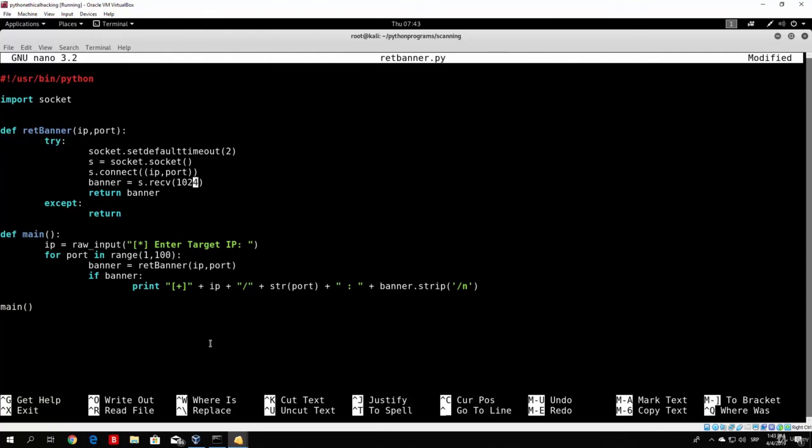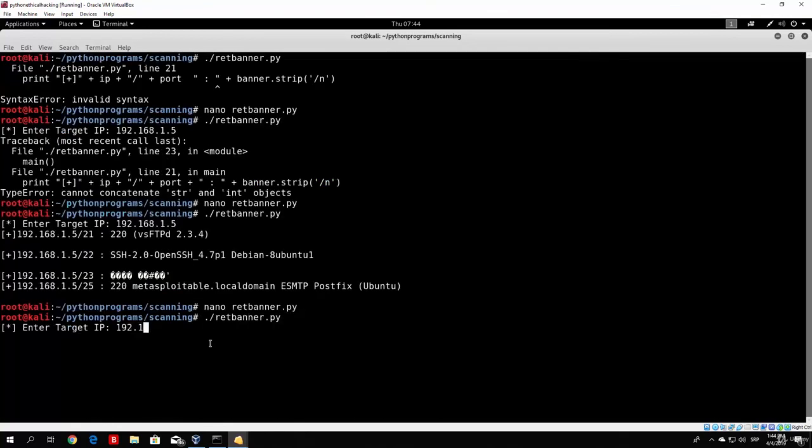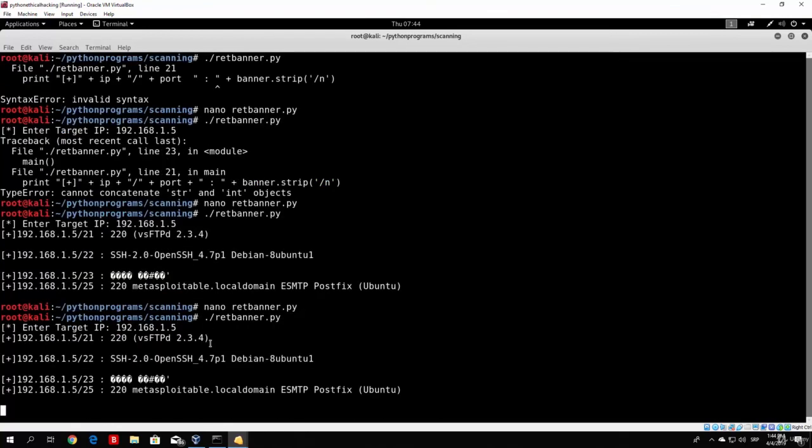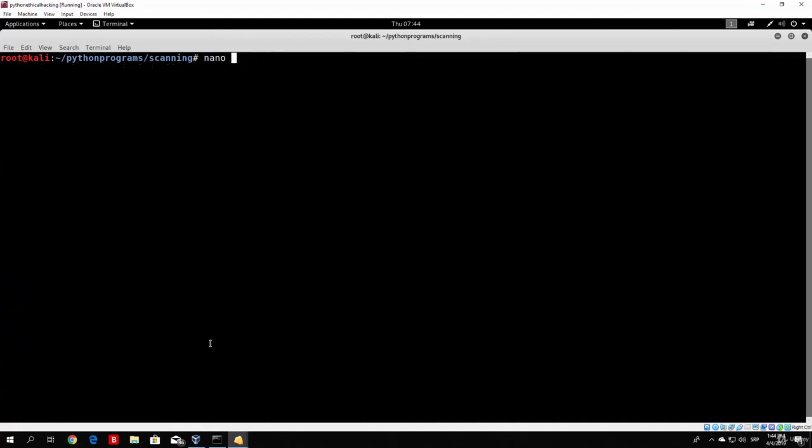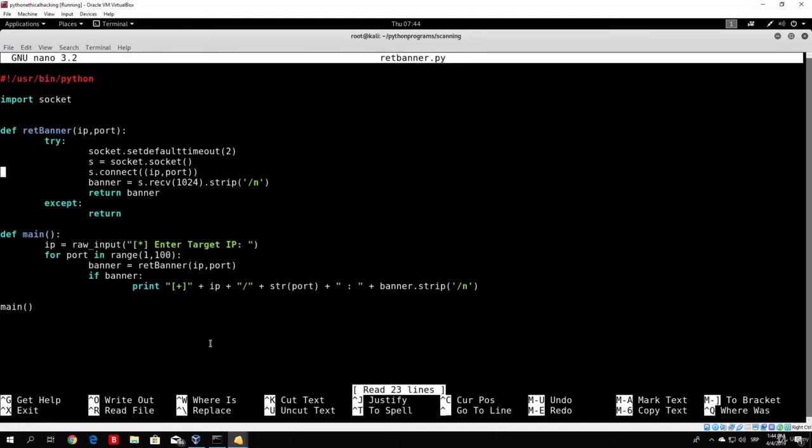Banner equals s.recv. And then let's try it right here, so strip. But it shouldn't really present any problem. Let us try it once again. I mean, it's not really that big of a thing, but it's still, for some reason, making it with a new line. It doesn't even matter. What matters is that we have an actual program that can successfully scan for the banners